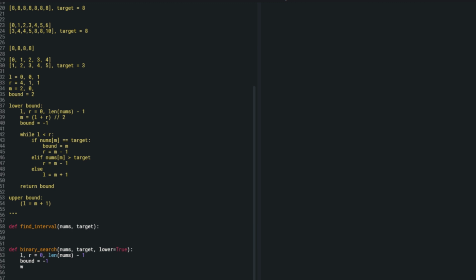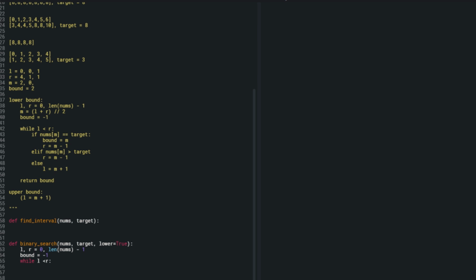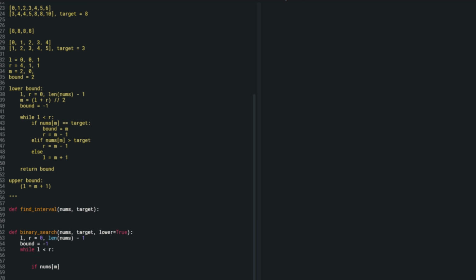After that, here I'll check if nums of middle is equal to the target. If it's equal, then I will set the bound. Bound is going to be equal to m. And let me see if I can write it in a prettier way. In this case, I have the first condition. After that, the only difference is that I have to